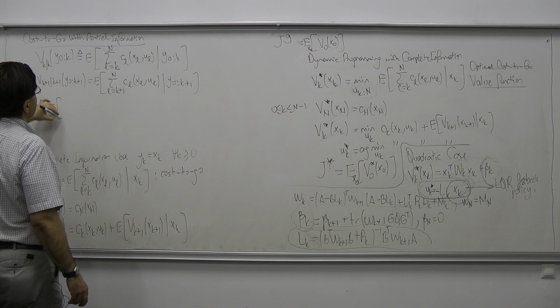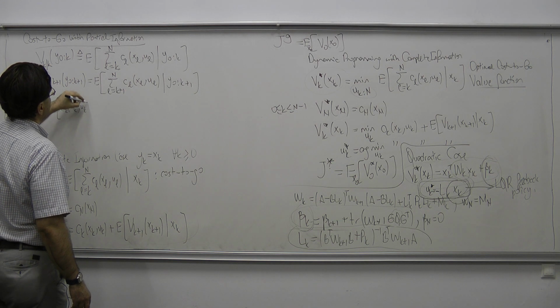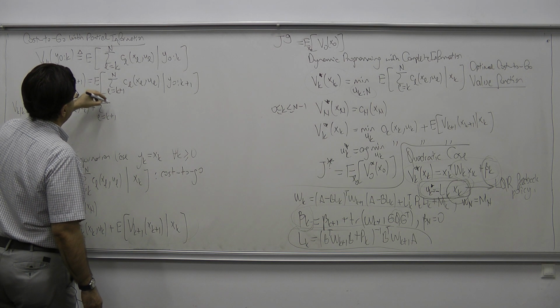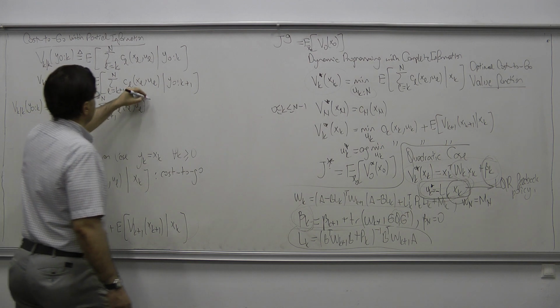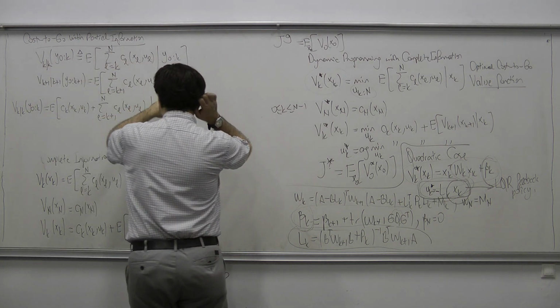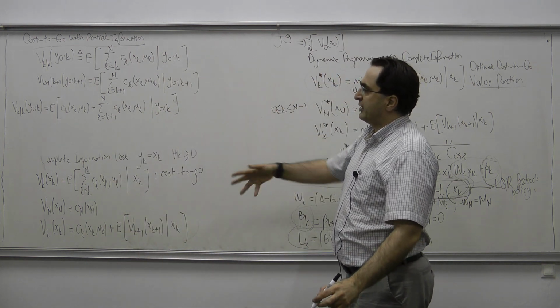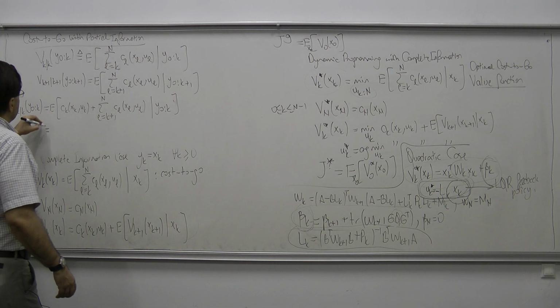This is equal to expected value of ck xk uk plus the sum L from k plus 1 to n of CL xl ul, given y0k. And now I can distribute the expectation over the summation,